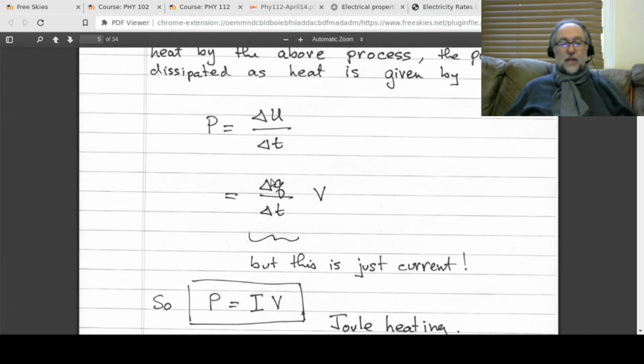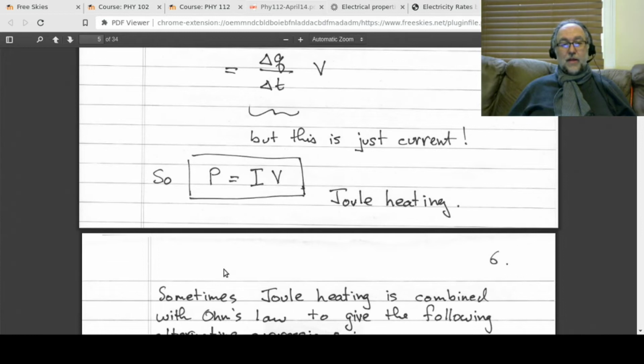So I called it here delta Q. Because this is happening as a process, you've got your delta Q, that's how much charge is traveling through a segment of the circuit per second. But delta Q divided by delta T, that's your current. That's exactly what we mean by current. So when you take the delta U and you replace it with QV, the Q is how much charge is flowing through there. But now you've got a per second on the bottom, so it's how much charge is flowing per second. That's your current. And now you get that the power is equal to the current times the voltage, and ta-da, there you go. There's the formula for